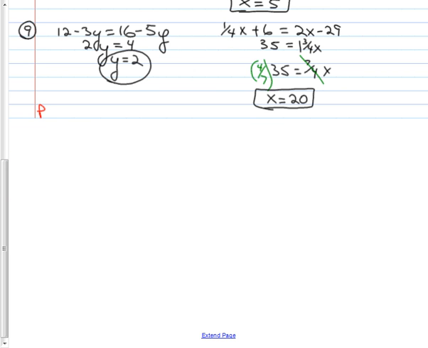Your assignment from page 495. We have numbers 1 through 27, 35, 36, 40, and 41. Now, those with compasses, why don't you just